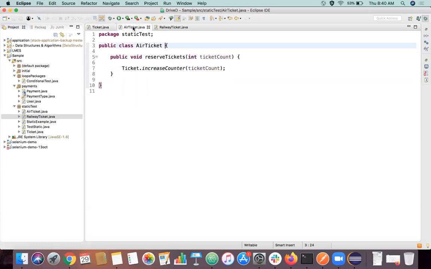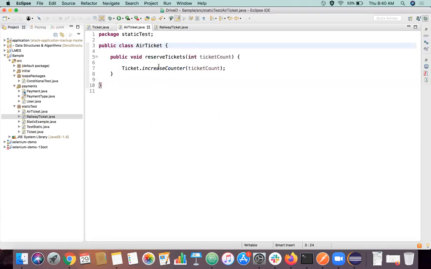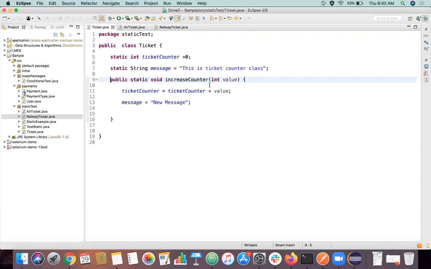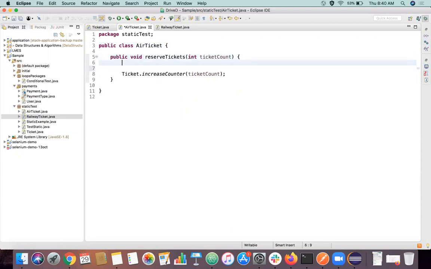For example, if I didn't declare this variable as static, and I'm having this air ticket, and I'm just trying to increase the value of the counter using the air ticket value here. What I have to do, I have to create an object here, right?